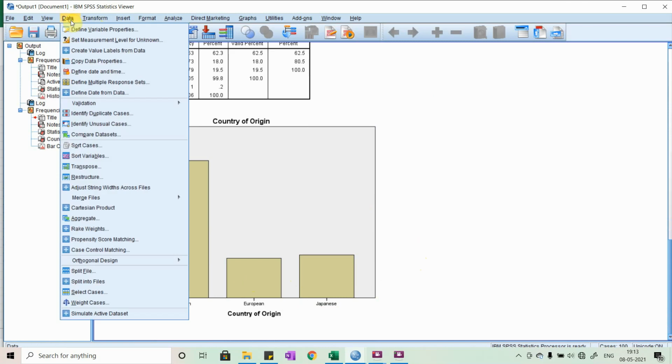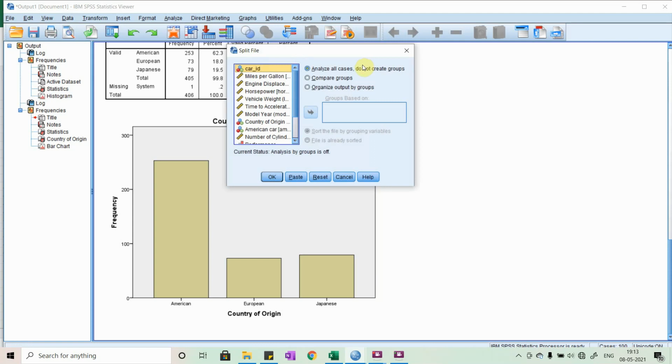You go to Data, then Split File, and now you need to choose Compare groups. After choosing that, you need to decide which variable you want to compare by.